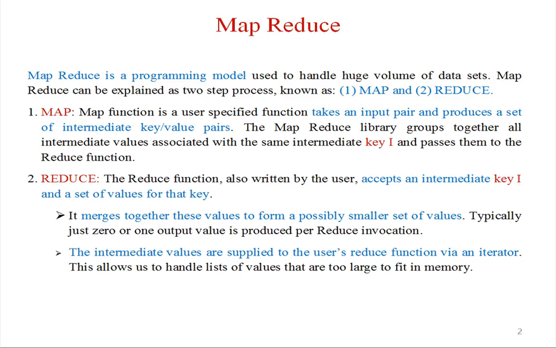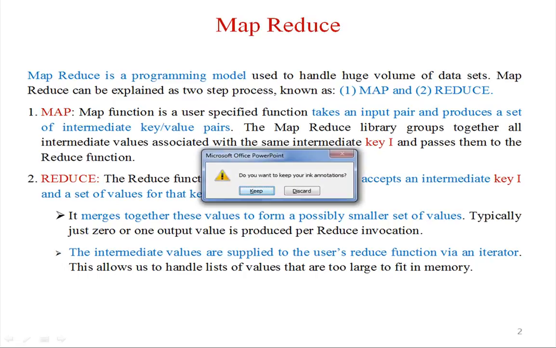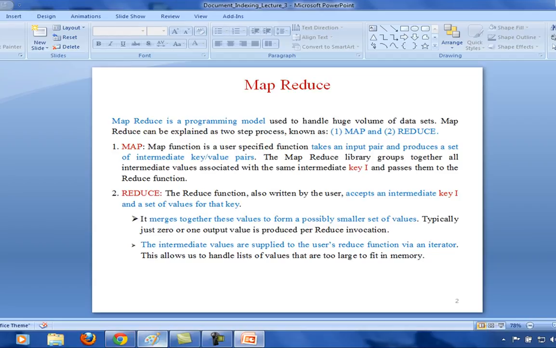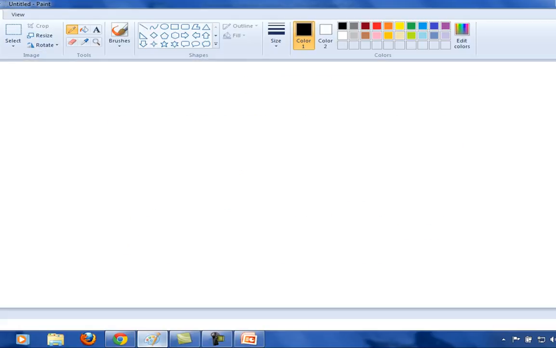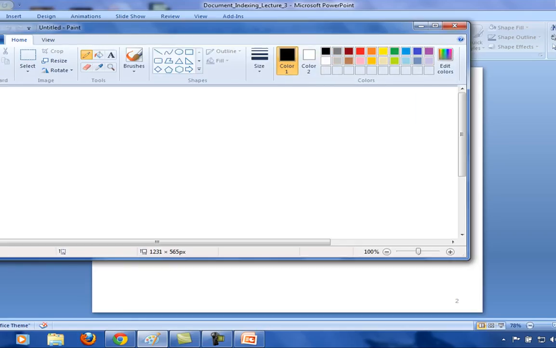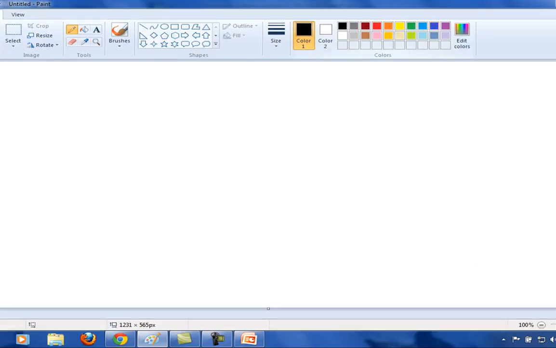Actually, MapReduce is a programming model used to handle huge volumes of datasets. MapReduce can be explained as a two-step process, map and reduce. But before going into detail, first I will go through a simple example and explain how the map and reduce system works. In this example, suppose